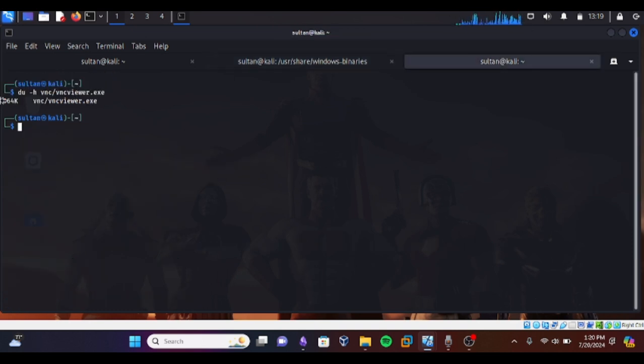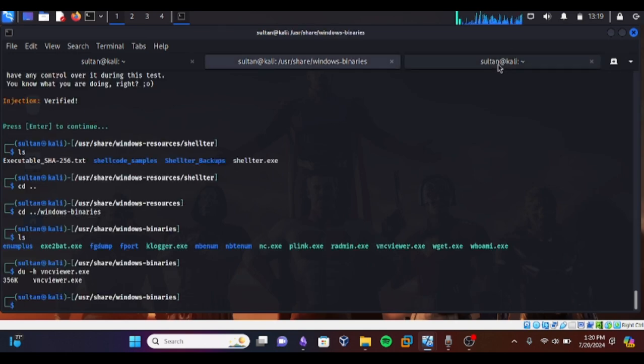This is to show that it adds to the size, because it's been injected with the payload, so the size is going to increase.